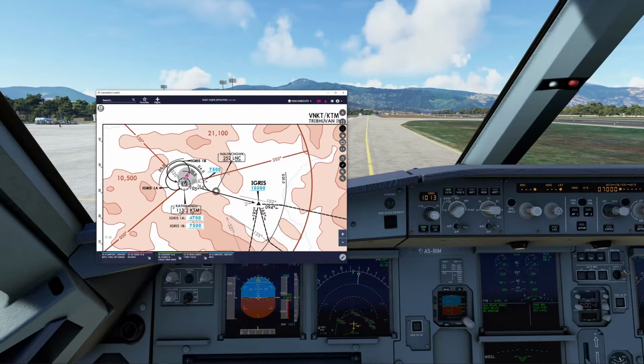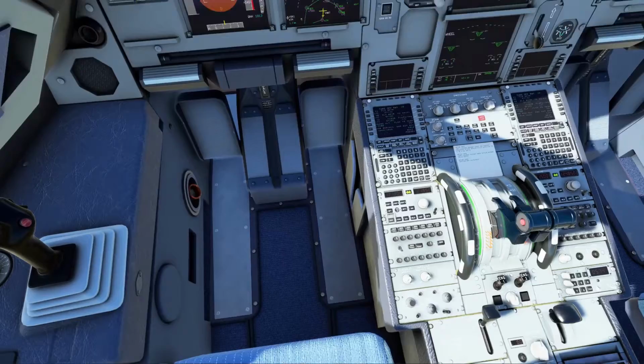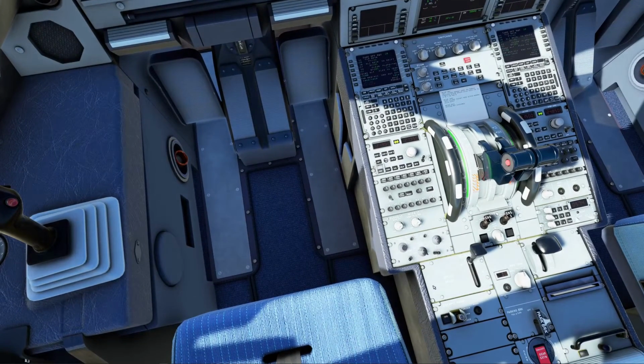And you can see our flight constraints: 7,500, 10,500. Okay, all good. So, after engine start checklist. Right, the engine's been running for about 15 seconds. Engine mode switch, where's that? That's norm. APU bleed is off, APU master is off, ground spoilers are armed. Rudder trim is set to 0 degrees, pitch trim is set.